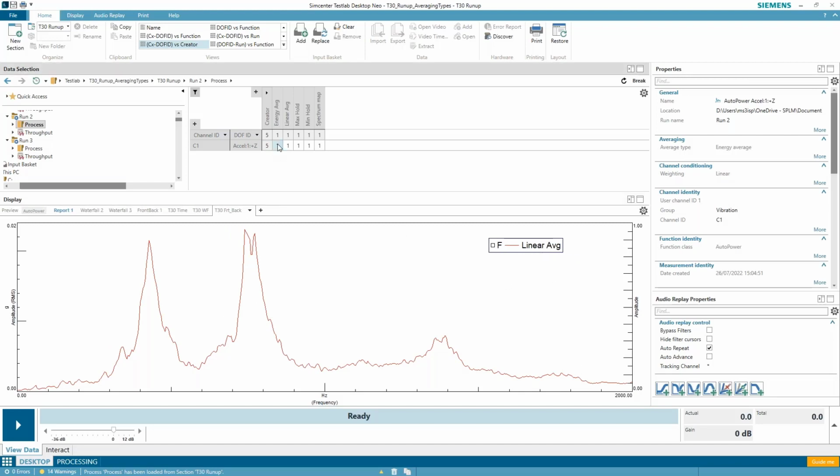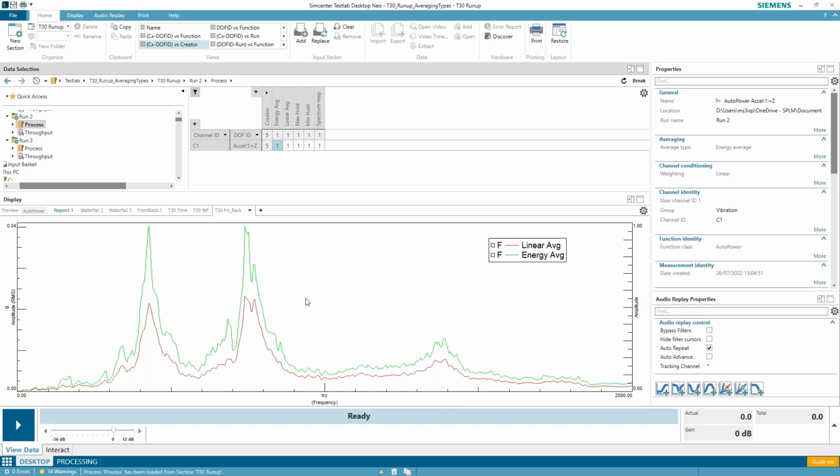If I compare that to my energy average, we see at these peaks, the energy average is more different or more dominated by those elevated amplitudes than it is all throughout this sort of lower level stuff, where we have a lot of excitation or response in our acceleration signal. Again, this is frequency. So at this resonance or whatever's going on here, we got a bigger number. So when I square those, it's going to dominate the average more. So that's linear versus energy average for this whole 19-second run up.